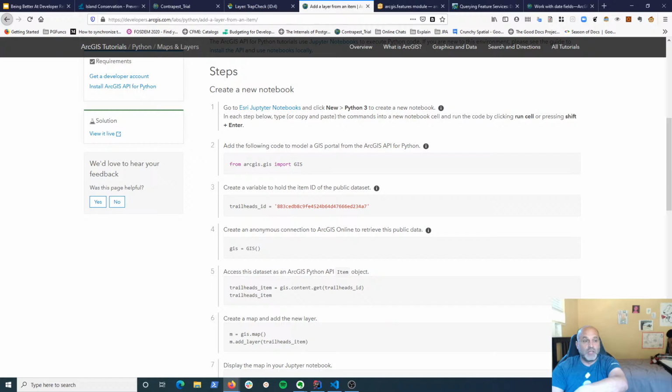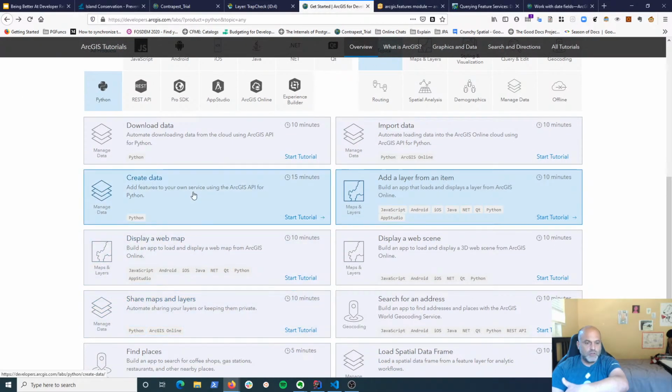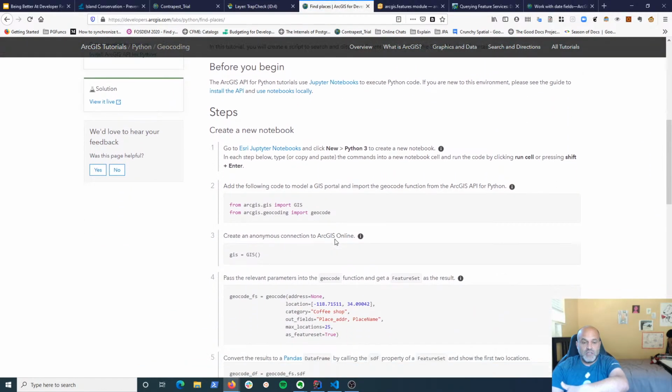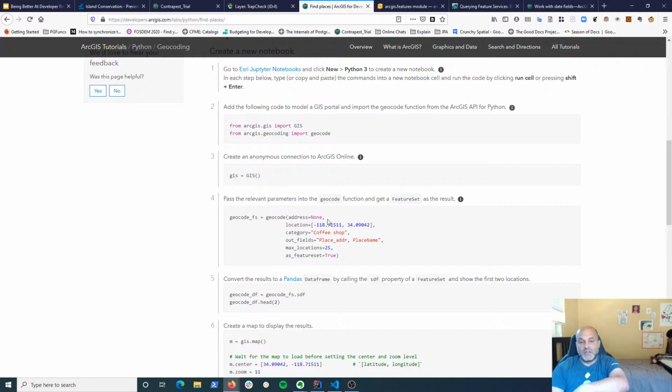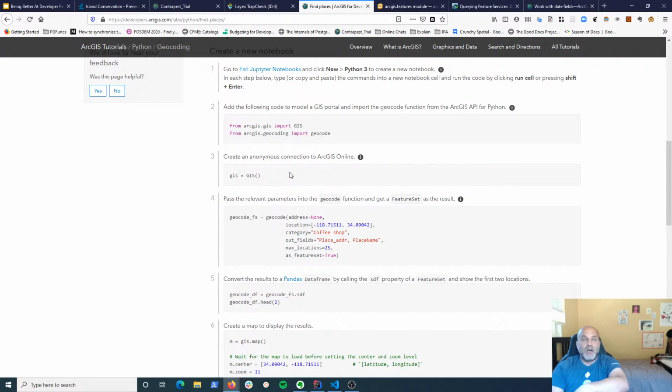But if I did one like querying, which is mostly what I wanted to do, versus create data, find places, right? When they do the find places, they don't use a specific data set. They do the anonymous data, and then they do geocoding and stuff, so the anonymous connections. I think a lot of developers actually want, well, my guess is a bunch of developers, maybe a lot are doing this anonymously, but a bunch come in wanting to access their data set, and they aren't getting access to it.